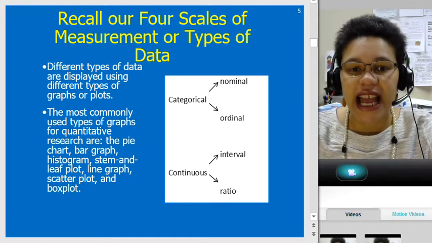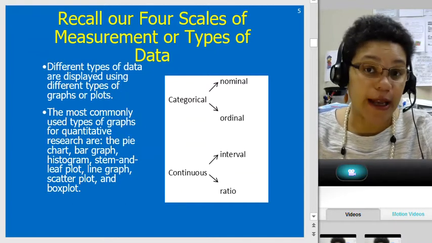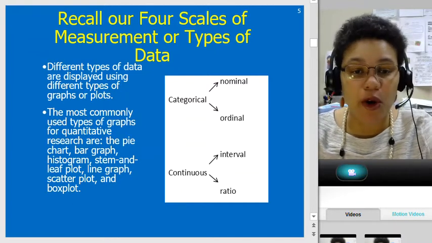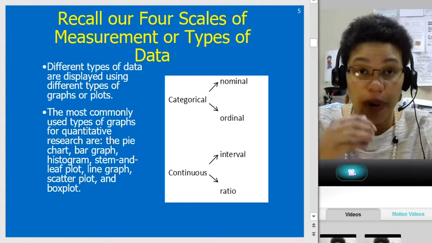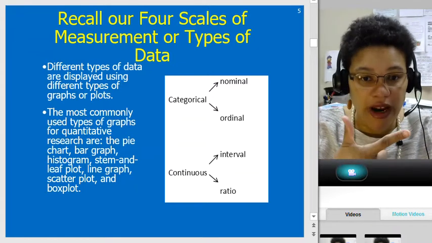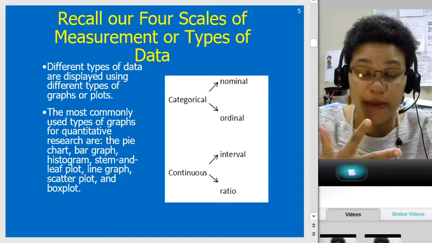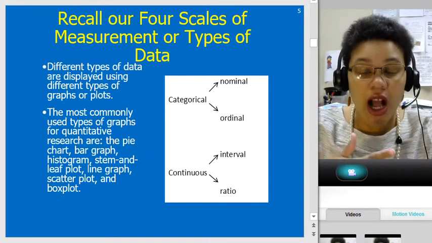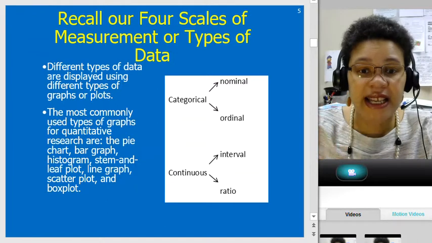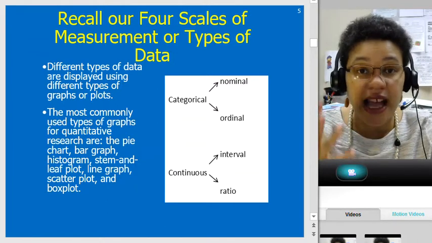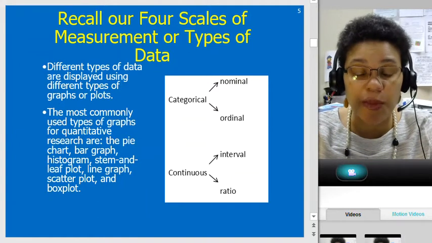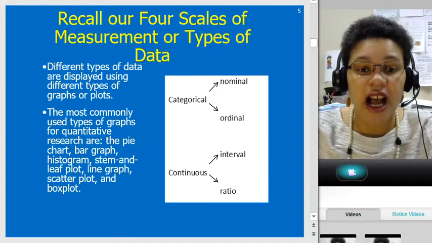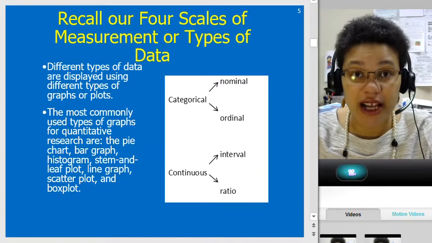So these different types of data are displayed using different types of graphs or plots, and the most commonly used types of graphs for quantitative research are the pie chart, the bar graph, the histogram. Those three are your top three. For statistical analysis, stem and leaf plots, and box plots. And then you also use, particularly for continuous data, line graphs and scatter plots. Okay,